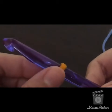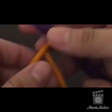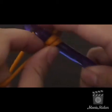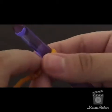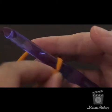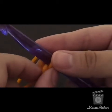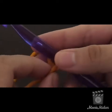I don't have to force it, but at the same time, I have to do more than barely touch it to move it. I have to make an intentional effort to move that slip knot. So then when we chain, what I started to do is I would chain, and then I would pull my working yarn tight enough to where it was in that same tension of the slip knot, where I could move it on the hook and it was easy, but it wasn't so loose